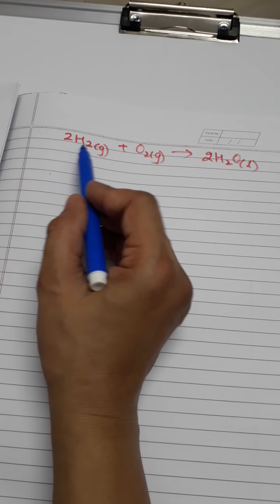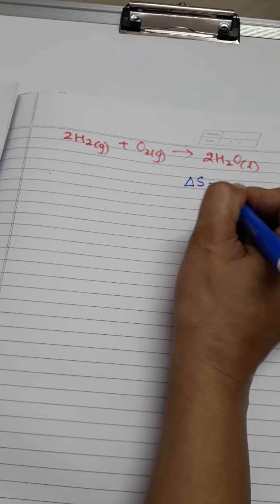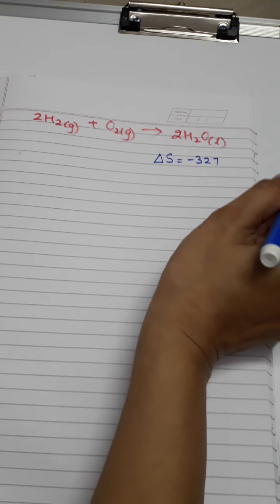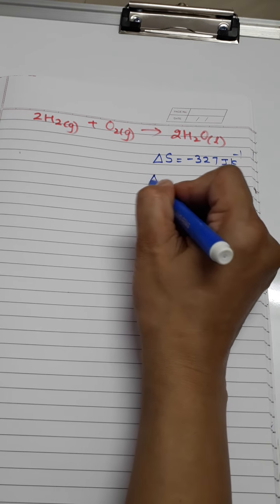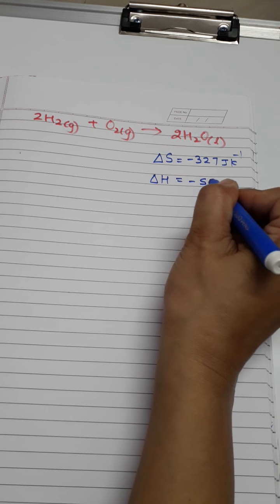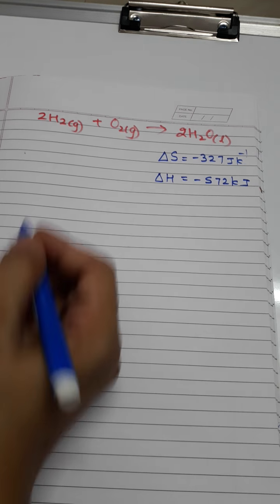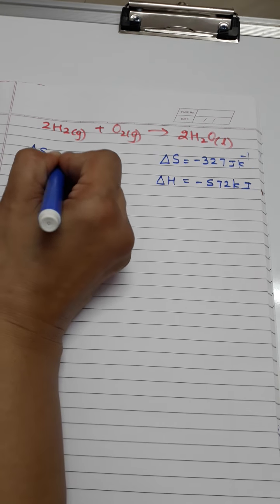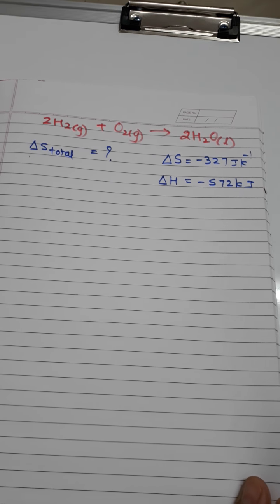So let us have a better understanding of change in entropy. Suppose you have been given this reaction, that hydrogen gas reacting with oxygen gas forms water in the form of liquid, and they have given delta S is minus 327 joule per Kelvin, and delta H is equal to minus 572 kilojoules. And the question is to find out